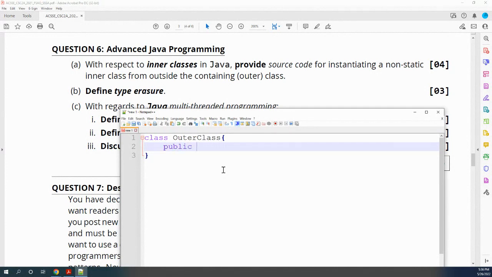And we have another class here. Make it public because we want to be able to access it outside of the outer class. So the question says, provide source code for instantiating this inner class, which is non-static, from outside the outer class. So outside the outer class, let's say in main,